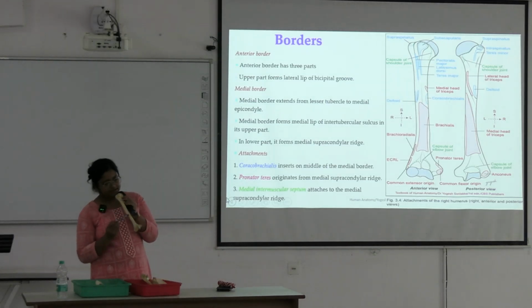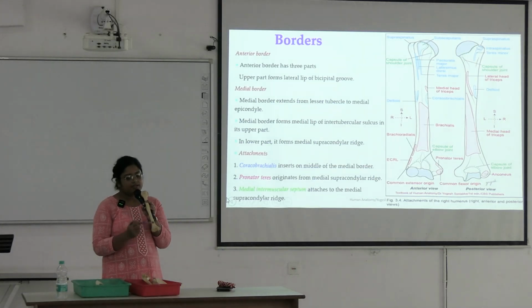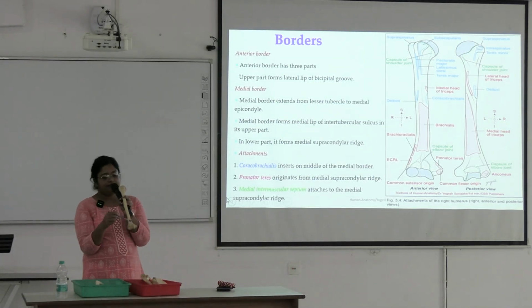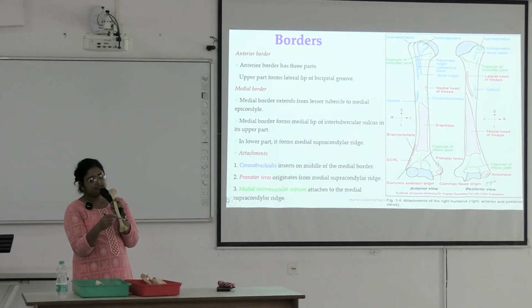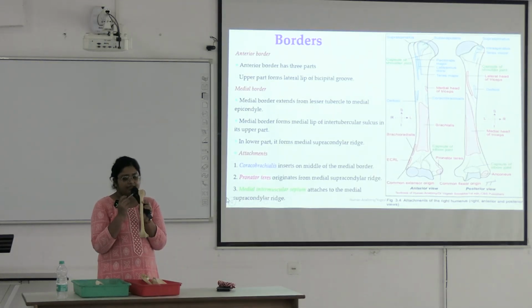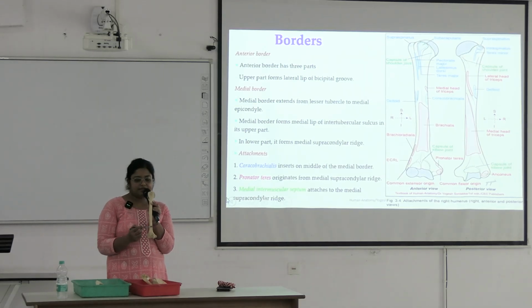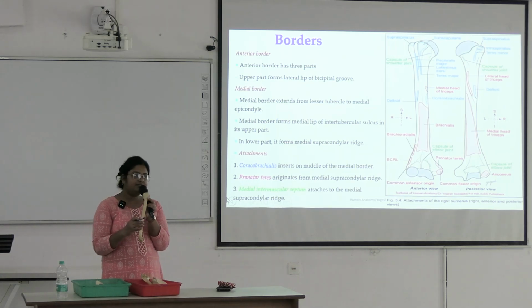see this is the anterior border. Here is the anterior border which extends downward in between the 2 fossas anteriorly. Then here is the medial border extending up to the medial epicondyle. So this surface is the anteromedial surface, and here is the lateral border extending up to this lateral epicondyle. So in between anterior border and lateral border, this is anterolateral surface, and posteriorly in between the medial and lateral border, here is the posterior surface. Okay.